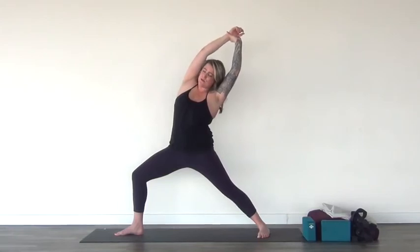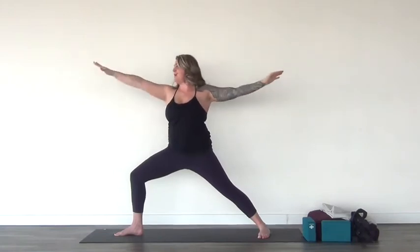Right hand to the right thigh, left arm up. We soften through the shoulder. So this might be enough if you want a little bit more. Grip your hand. So the right hand comes up to that left wrist, and the right arm is doing all the work. So relax the left shoulder, just breathing into that lateral left side. Big breath in, as you exhale, open the arms wide, looking over the left fingertips, and then we'll take the